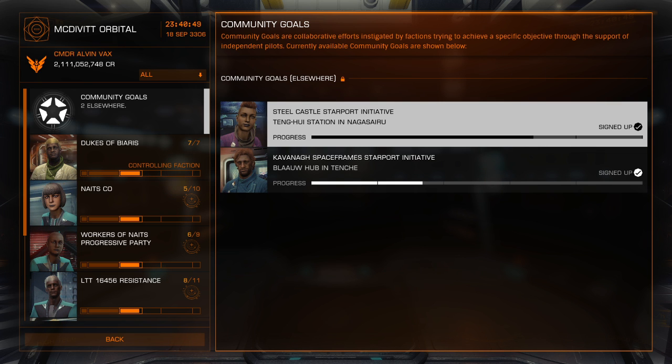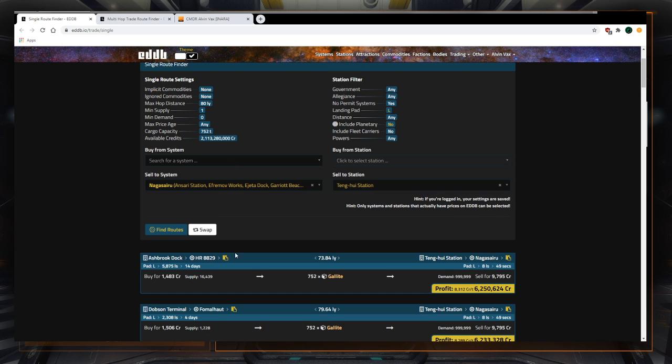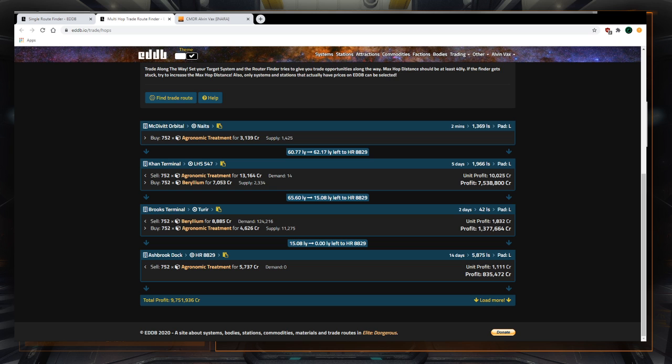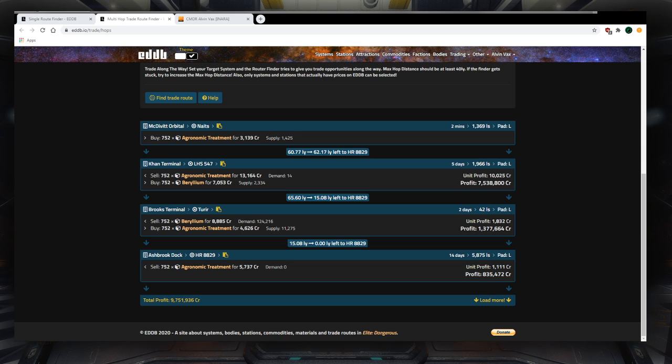And in my browser window there, not on that, but on this, that's one of the things that we need for one of the stations. And then this is sort of my idea to get there, which is pick up a bunch of stuff. I'm using my real big ship, and it's got a real big 752 inventory. So I already picked up some agronomic treatment, and we're going to haul that over to LHS 547. And then we're going to drop it off and pick up some beryllium, and then we're gonna drop that beryllium off and pick up agronomic treatment again, and then we're gonna drop off the agronomic treatment and grab